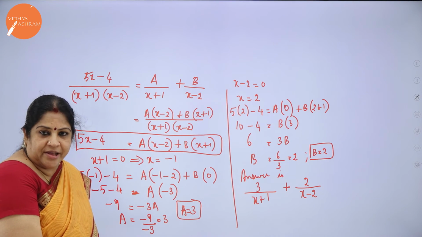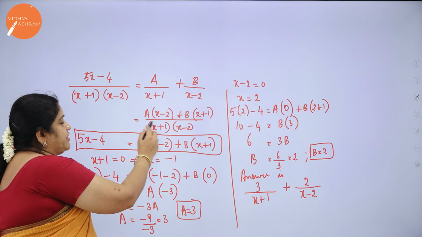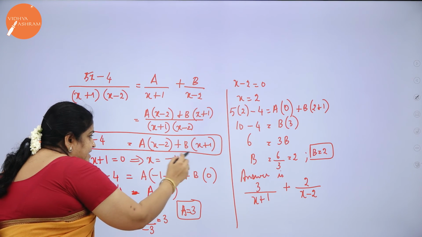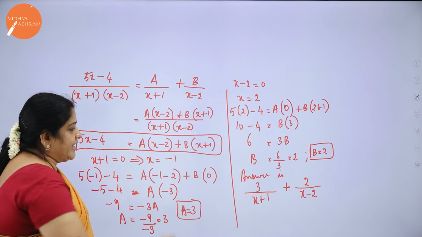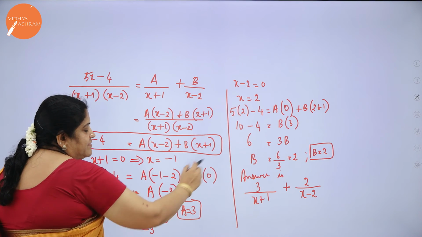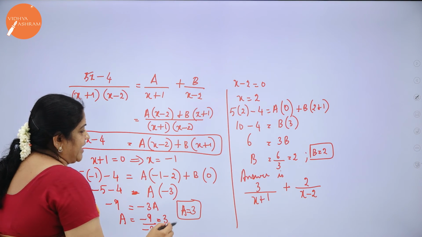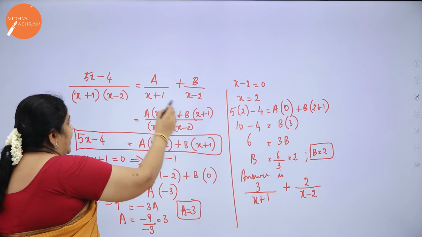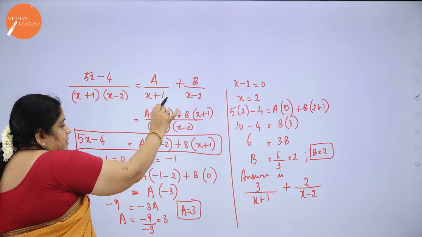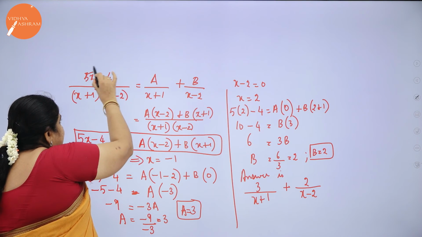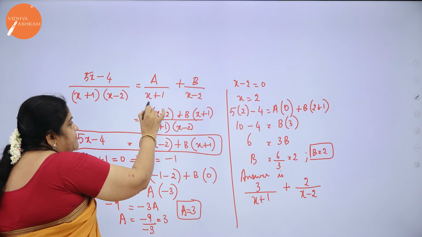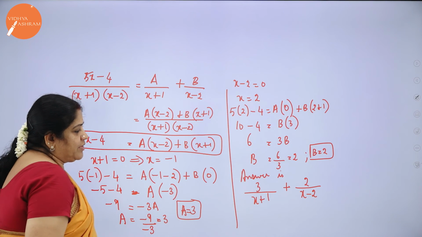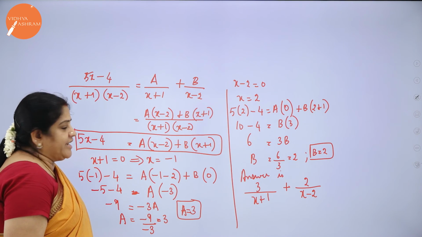We have got the value of A. Likewise, substitute the other denominator also to 0. Get the value of x, substitute it in the same expression and get the value of the other variable, which is B. So we have got B as 2. So the simple fractions will be replacing these values of A and B in this. So the question is equal to this. So this complicated rational fraction has been simplified into simple fractions: 3 by x plus 1 plus 2 by x minus 2.